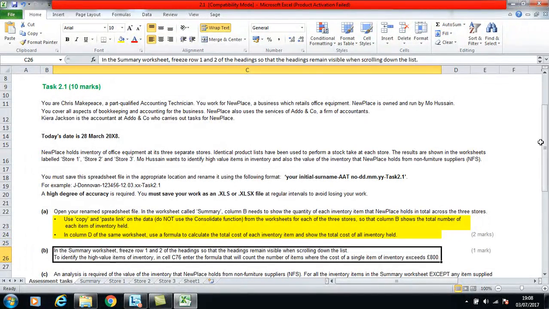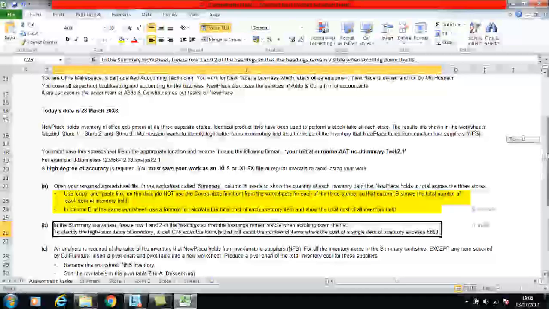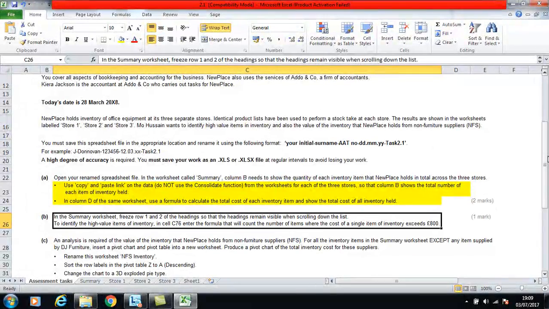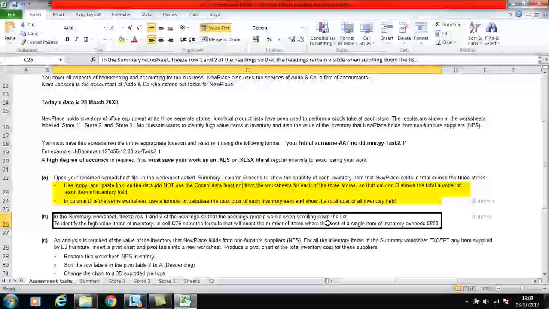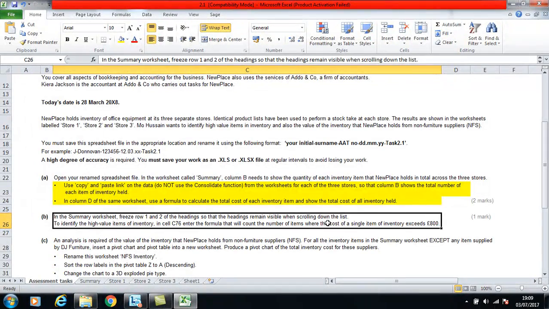It now wants us to freeze the rows 1 and 2 so that the headings are still visible when you scroll down, and also to identify high value items of inventory in cell C76. We're going to enter a formula that will count the range of data or the range of costs and identify those that exceed £800. So if I go back to the summary,